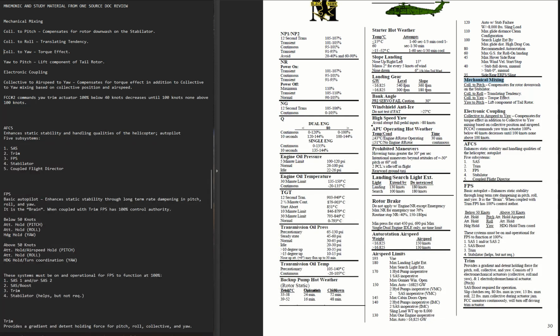We're starting in on the mnemonic and study material from the one source. This is just going to be all the additional mnemonics and study material that is on the one source